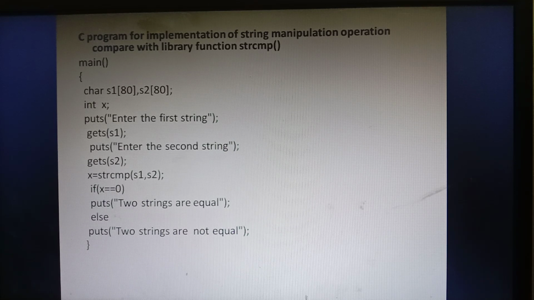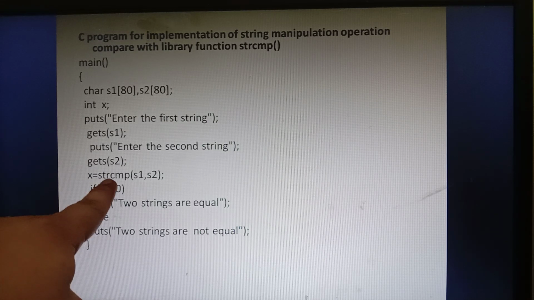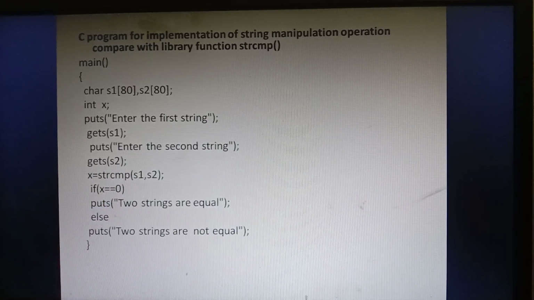That is about comparison. Okay, this comparison application can be useful in entering passwords of Gmail, Facebook, Twitter, whatever it may be. When you are entering any password, we are using this type of function, strcmp. So in sign up, what is the password we have given? The same password we have to give in the sign in operation also. Sign up, sign in. Okay, already you know sign up. So when you register for any mail, you go for sign up. Okay, after registration is complete, we can go for sign in.